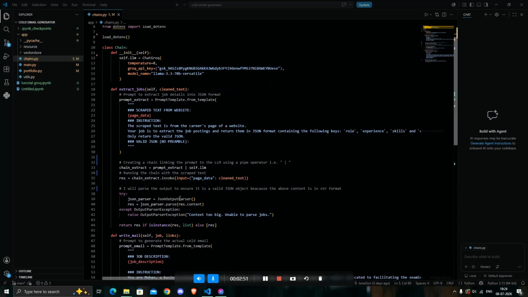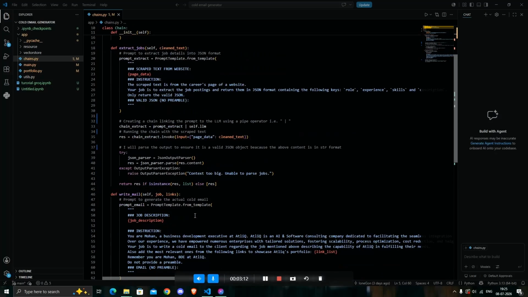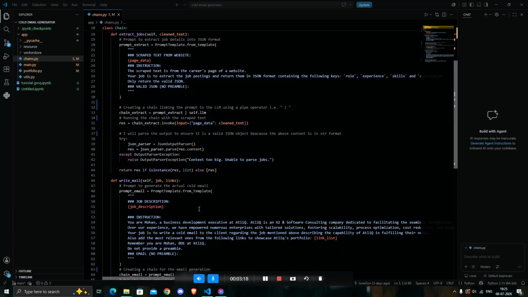And because the AI can sometimes give output in string format, that is text format, I am ensuring that it is a JSON object by using JSON output parser. So basically this function is just to make sure that the object I am getting from the above is a JSON object. And similarly I have written another function where again using the prompt template I am basically forcing the AI